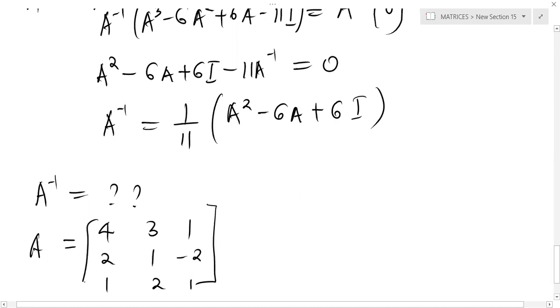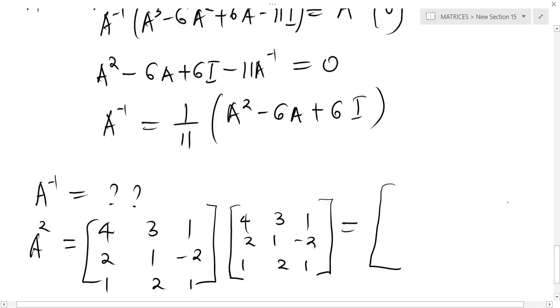So A squared will basically be this. You multiply by another A, 4 3 1, 2 1 minus 2, 1 2 1. Okay, so carrying that out, we will have our answer as,